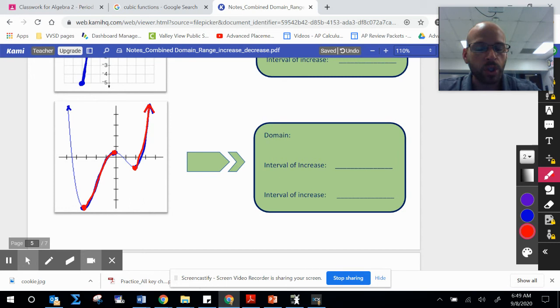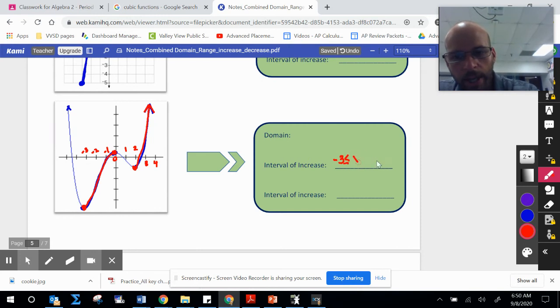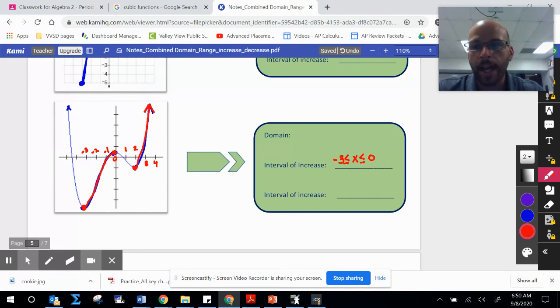If you take a look, we have two intervals of increase. And I'm going to count here. So this was negative 1, negative 2, negative 3. This was at 0. And then 1, 2, 3, 4, right? Okay, so my interval of increase is going to go from negative 3 less than or equal to x, which is less than or equal to 0, because 0 is where it stops